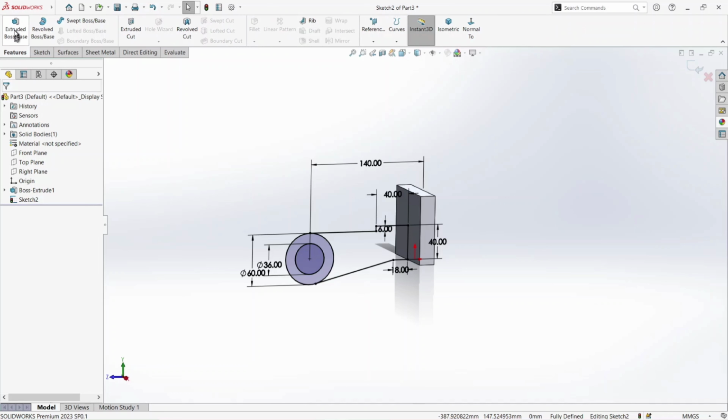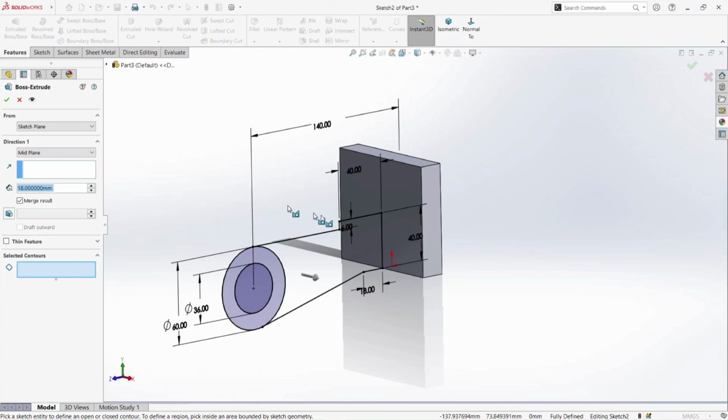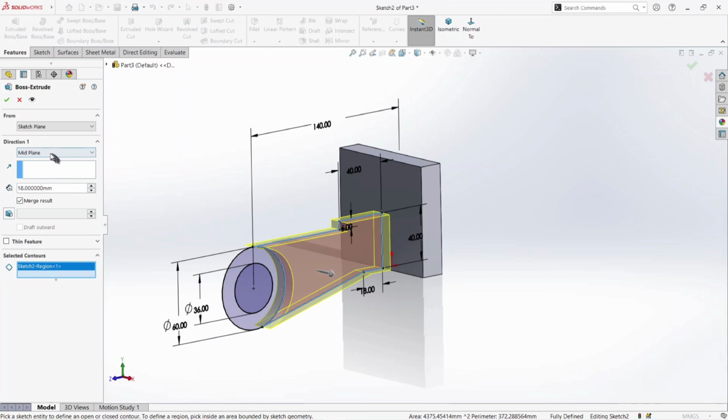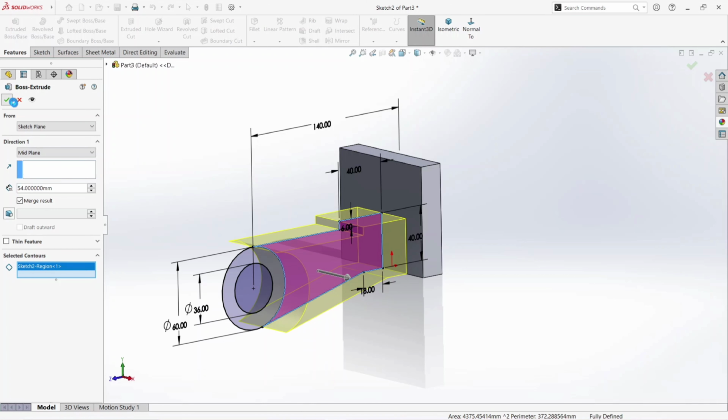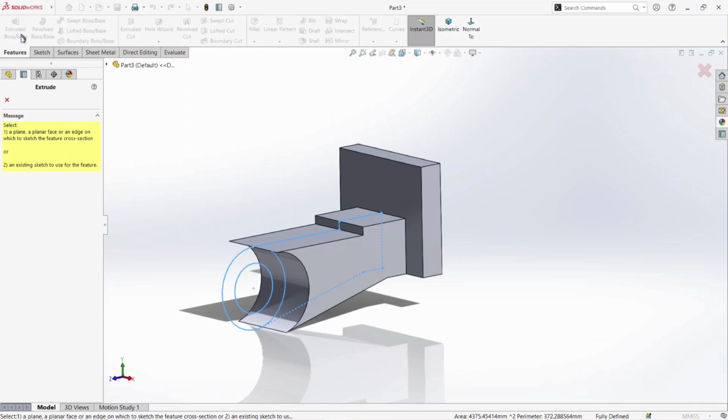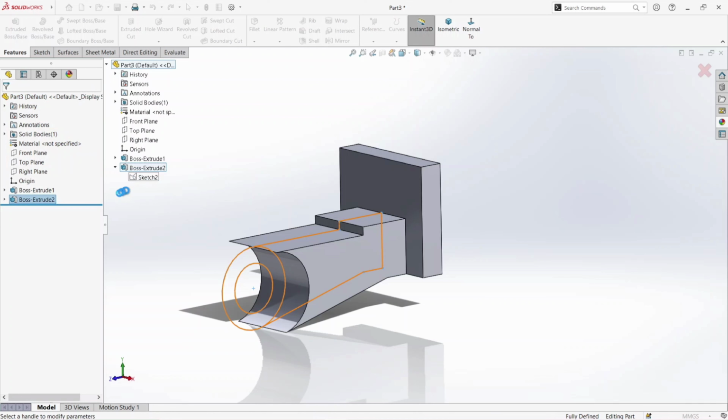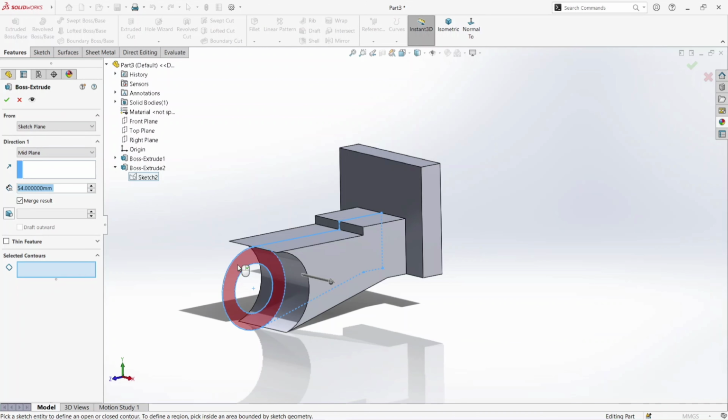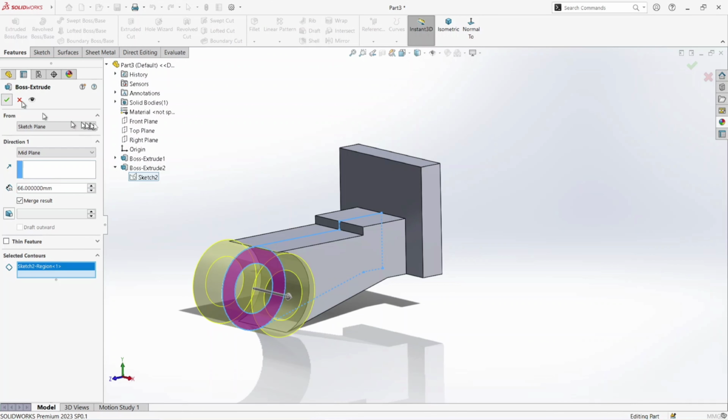Now go to extrude, extrude boss base and select this portion and this direction, give mid plane. Here it is 54 mm. Okay, again go to extrude and select the sketch, select here and give its dimension 66 mm from mid plane. Okay,